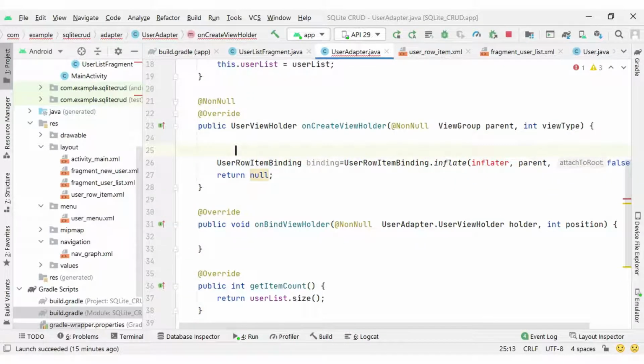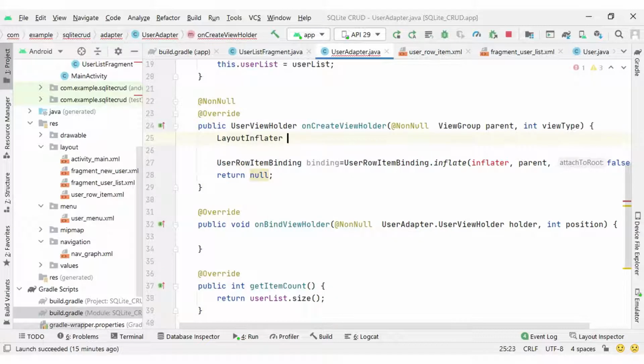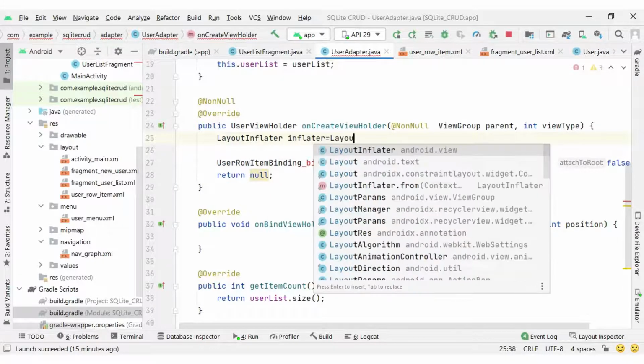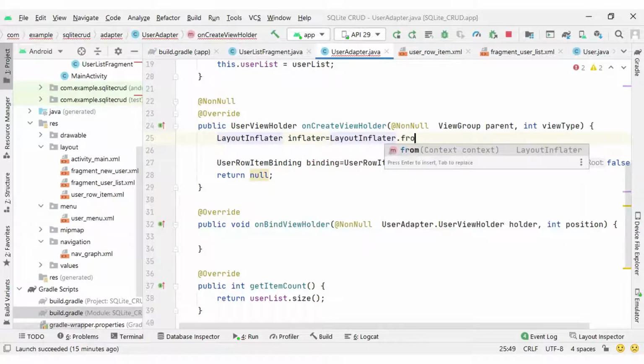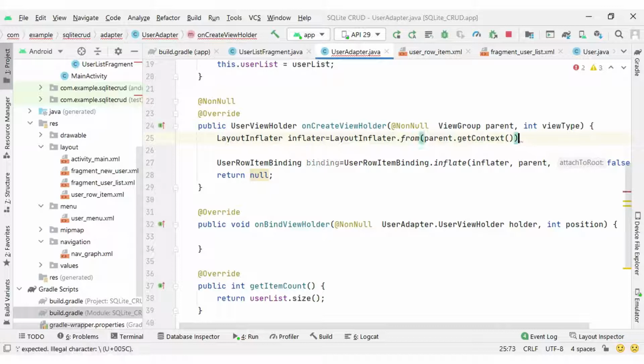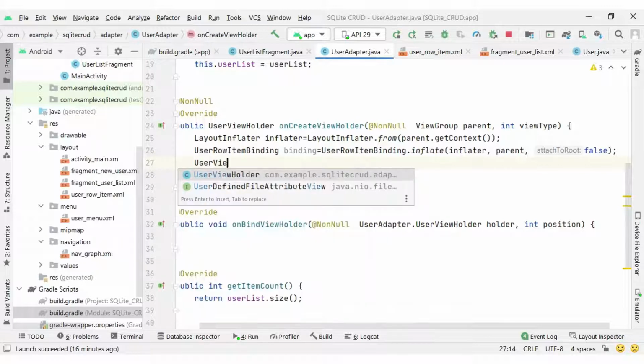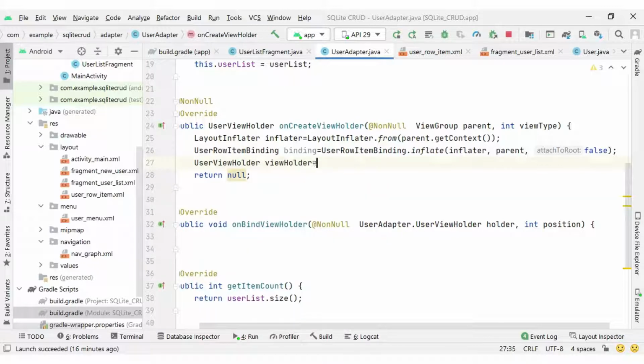So the inflater instance we need to create. For that we can write here LayoutInflater equal to LayoutInflater.from(parent.getContext). So the inflater instance is ready, and with the inflater instance ready, this binding instance I am going to pass with our UserViewHolder constructor.